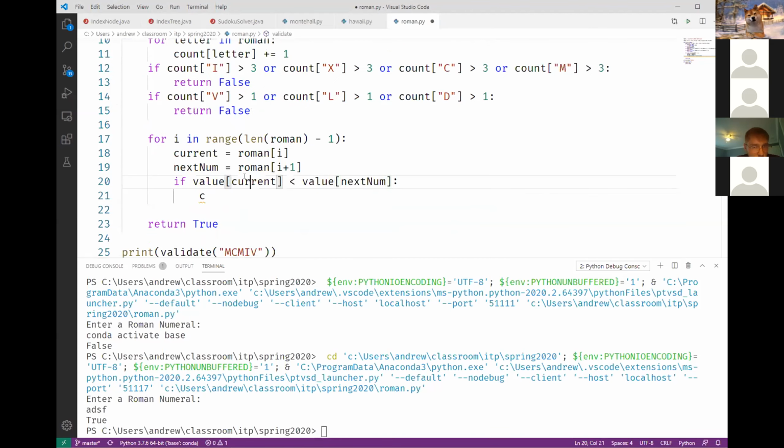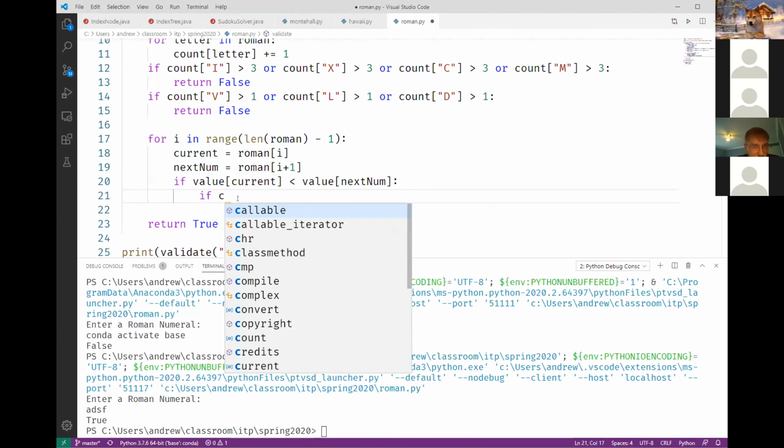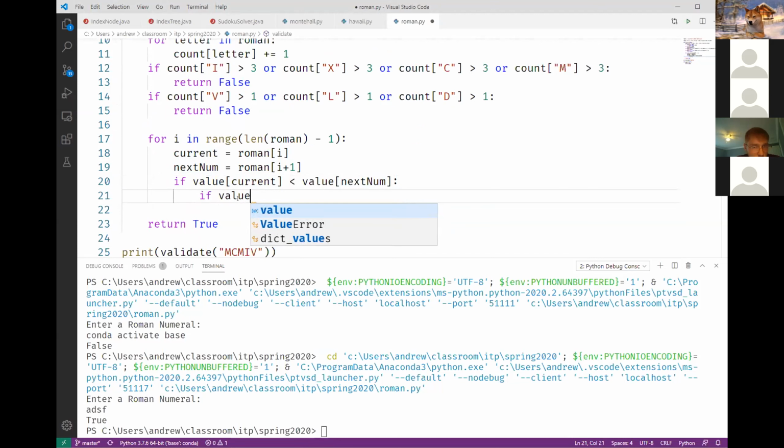So if the value of this letter is less than the value of the next letter, that's potentially wrong, and if that's the case, then it's a smaller number. So if not, it's going to be a big clause over here. If not value is less than,